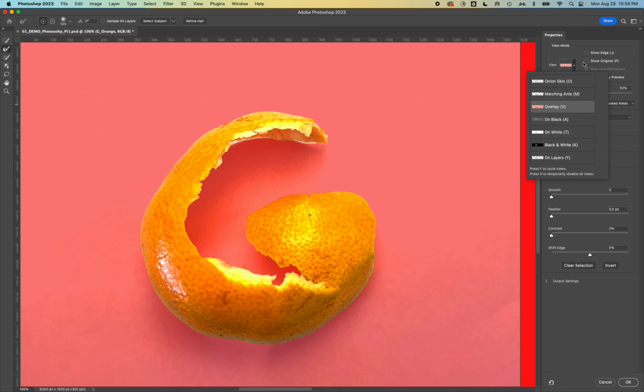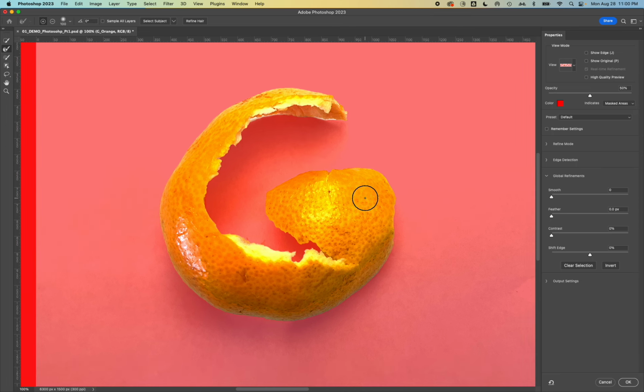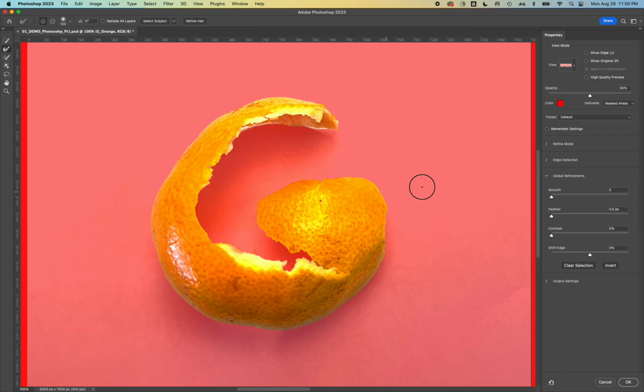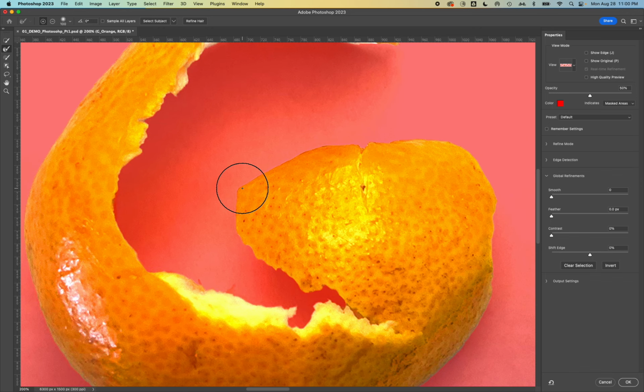I really like working with overlay though, because you can change the color of the overlay and it makes it really apparent where our mask is going to be. Now, the most important things that we can do is something that is under global refinements. There's lots of different modules. I really just work with this one. So we can zoom in a little bit